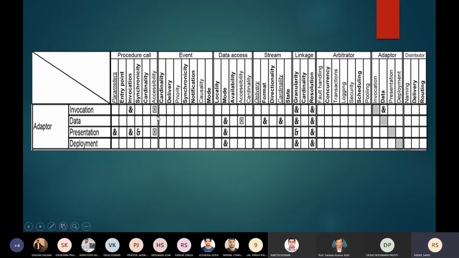This is prohibit. Prohibit defines that these two dimensions you can never take together. Presentation and accessibility also you can never take together.